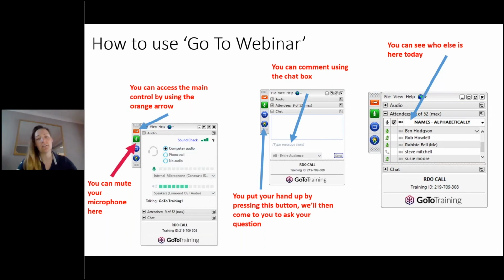To the right of those buttons are some drop-down boxes. You should have one that will be able to control your audio. So if you are having any speaker or microphone issues, if you click into there, you'll be able to have a look at the settings and hopefully get that working from your end.